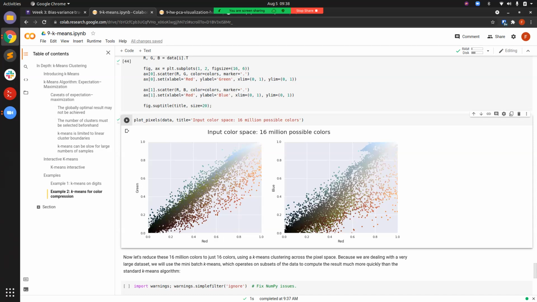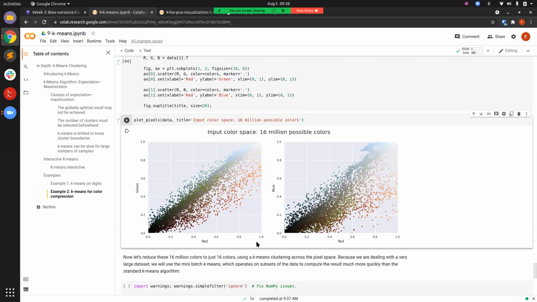You could see that, among the entire range of colors that's possible, so 16 million possible colors, many colors are not present in the image at all. So these colors up here are not present in the image at all. Also, many of the colors are very close together, so we have a lot of very similar pixels, very small variations. And then we have a lot of potential colors that are not